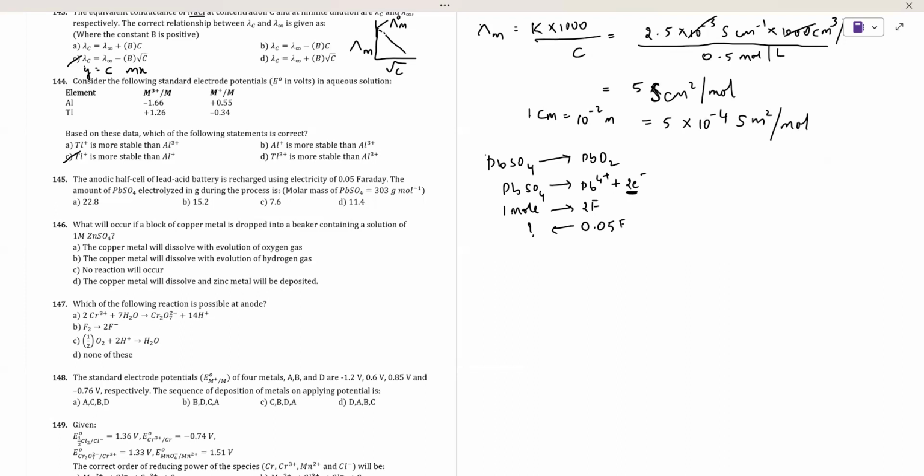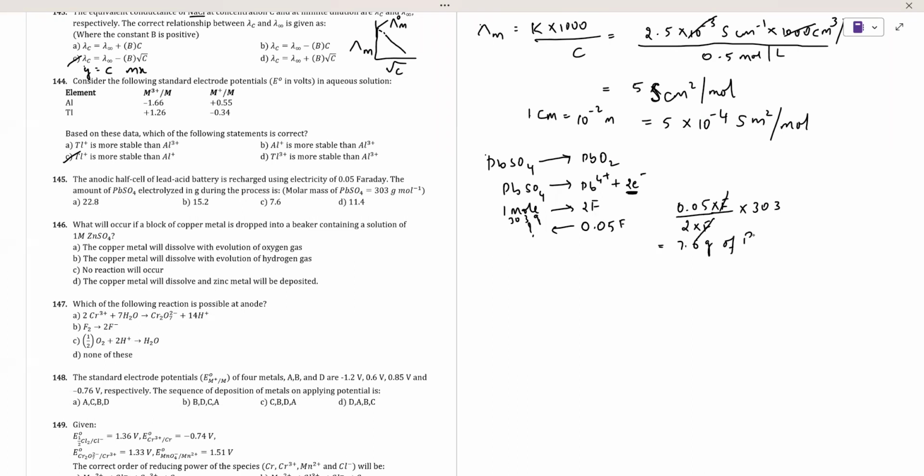So now we have to substitute 1 mole is equal to 303 grams. Which means that for 303 grams, this is 2 Faraday. So for 0.05 Faraday, how much would be the grams of PbSO4, that is lead sulfate? This will become the unitary method: divided by 2 F, into 0.05 Faraday, into 303 grams. Now Faraday and Faraday get cancelled, and if you simplify this, you get a value of 7.6 grams